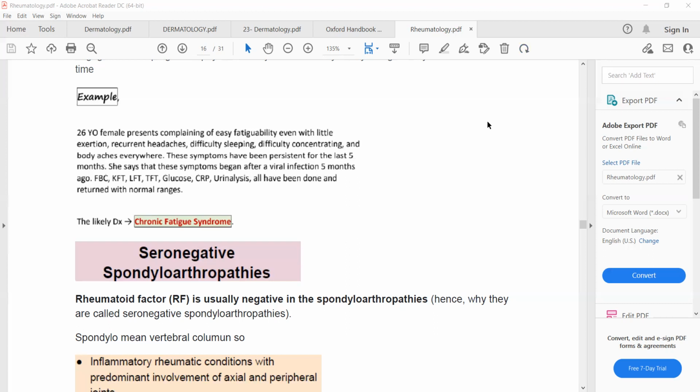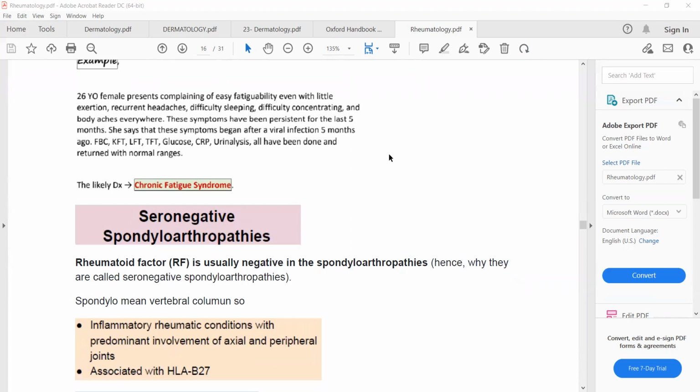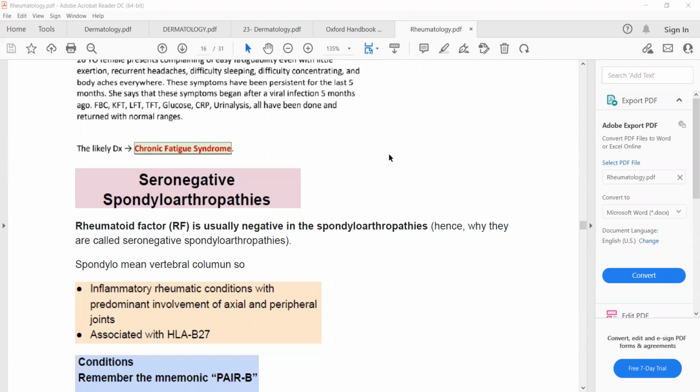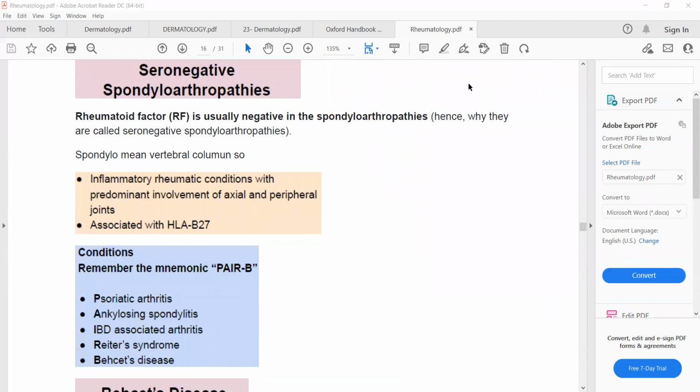Okay, got it. But the examiners of the PLAB exam sometimes like to trick the students. So that's why even if the viral infection history is not given and the main complaint is fatigue, then it will be chronic fatigue syndrome. So our next topic is